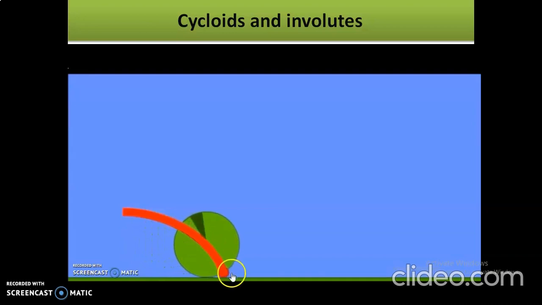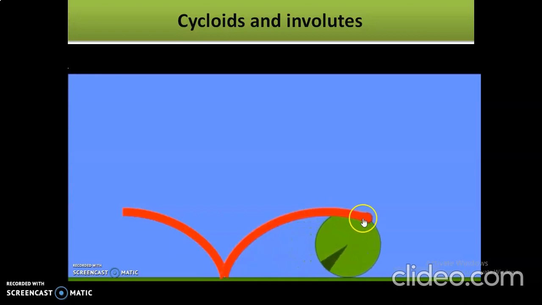Here the point P is in contact with the straight path, and this is where it starts. After completion of half a revolution, the point P comes upside at this position. In the next half revolution, the point touches the straight path again. This is called the cycloidal curve, or cycloidal path. This is the animation of the cycloidal curve.